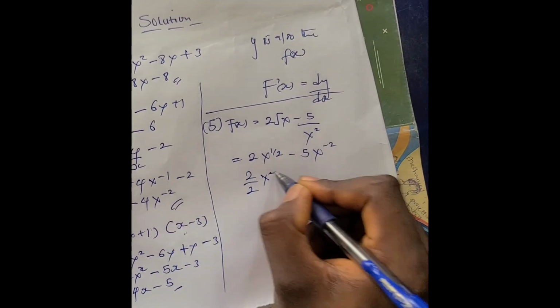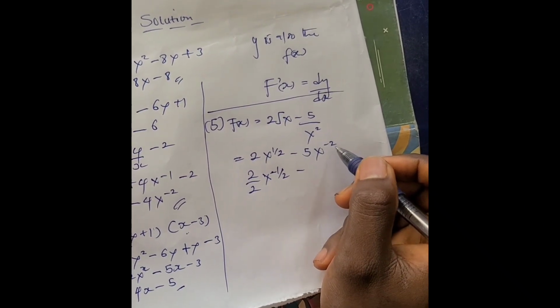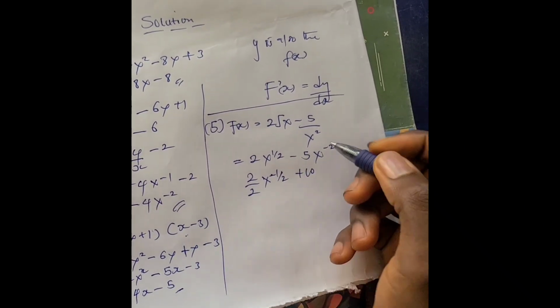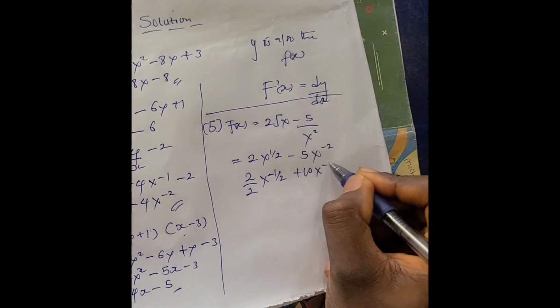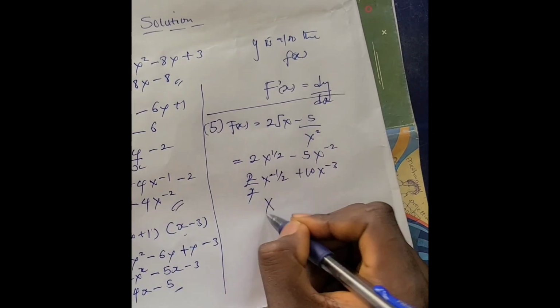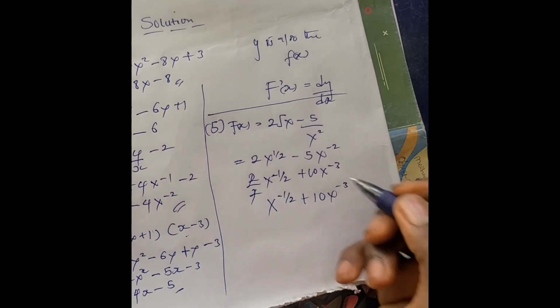We have minus half. And when minus 5 is multiplied by minus 2, we have plus 10. Then minus 2 minus 1 will give you minus 3. So this one will cancel this one. You are left with minus 1 x to the minus half plus 10 x to the minus 3. So this is for